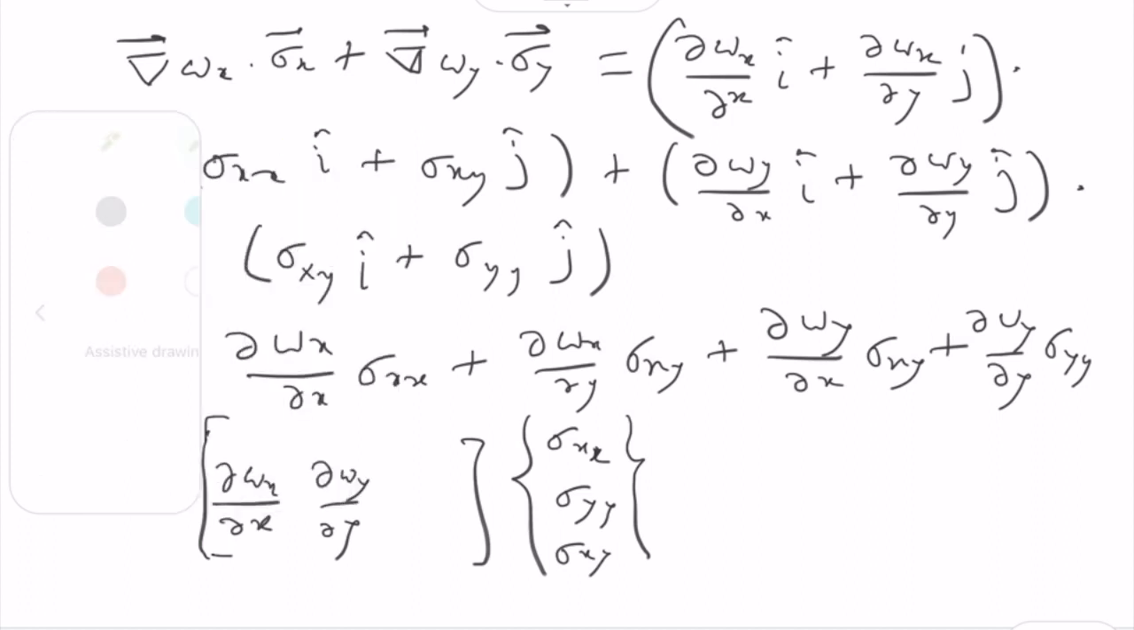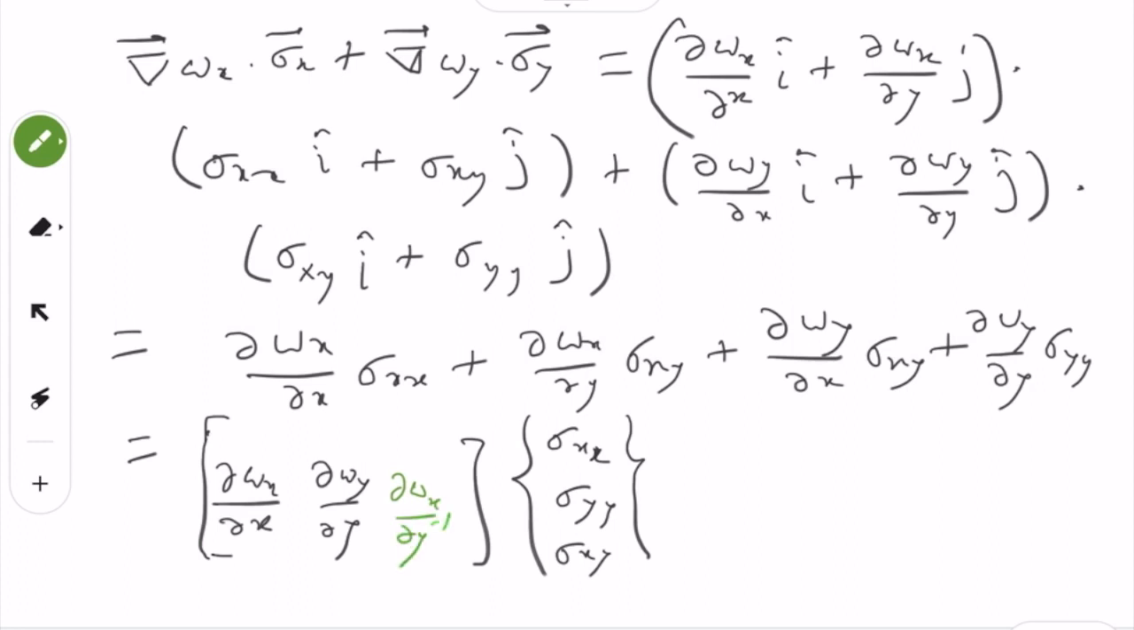So let's write in a different color. So del w, del wx over del y plus del wy over del x. Yeah, so we have these three members, this one, this one, this one. So we can also write it as